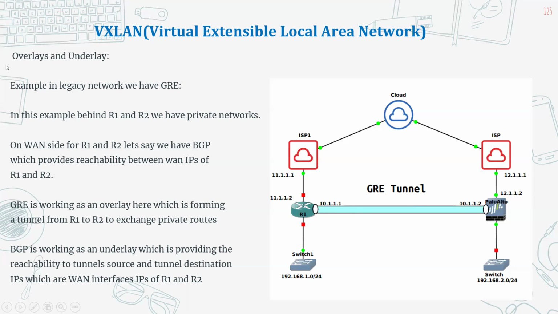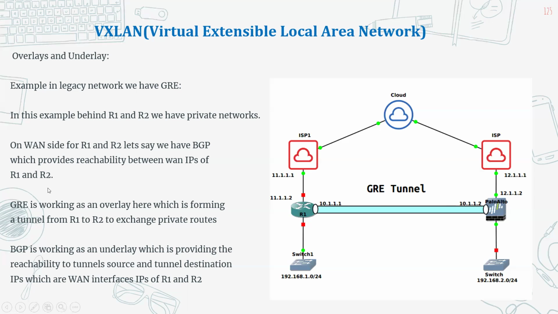So you can see that in this example, behind R1 and R2, we have private networks. On one side, we have R1 and R2. Let's say we have any protocol running. Let's say on one side, we are running BGP on R2 and Palo Alto also with the ISP. And within the cloud also, let's say we are having BGP, so that these public IPs, 11.1.1.2, can reach 12.1.1.2, which is the public IP of the Palo Alto